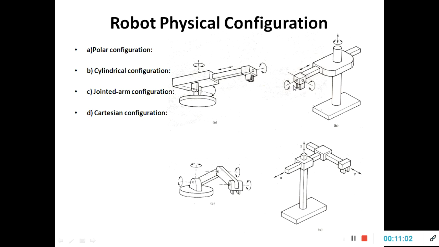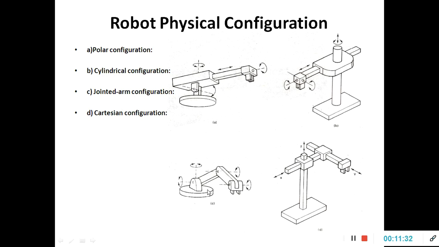And at the wrist, this wrist can be rotated in two directions. It can be rotated in this direction, and it can be rotated in the other direction with respect to the x-axis and y-axis. So totally there are three rotary motions and two longitudinal motions. It is with the help of a cylindrical configuration. So with all these three elements, the robot can be performed in a cylindrical form. That's why it is popularly known as a cylindrical configuration.